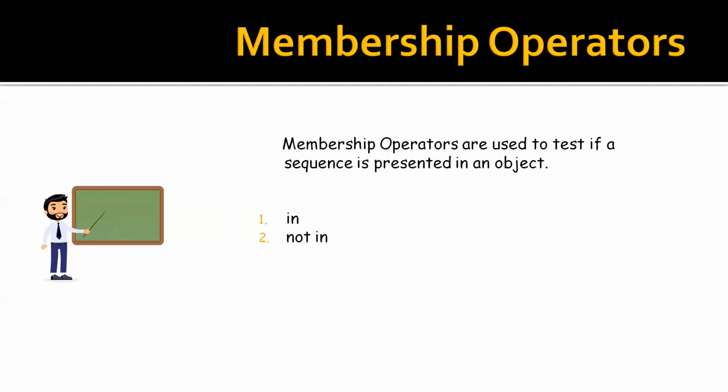Like if my name is Bhupendra, then the word name is present in the string, and by using the in operator it gives the value true. But in that case, if we use not in, then it will give us false. Basically it is present there, but by using the not in operator, it gives us a false value. That's all about the membership operators.